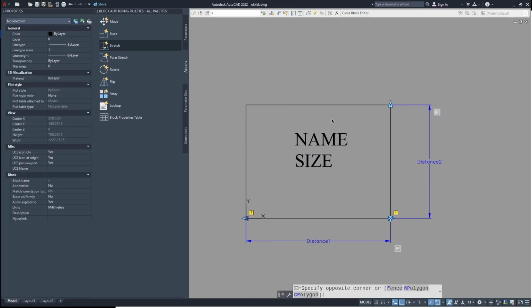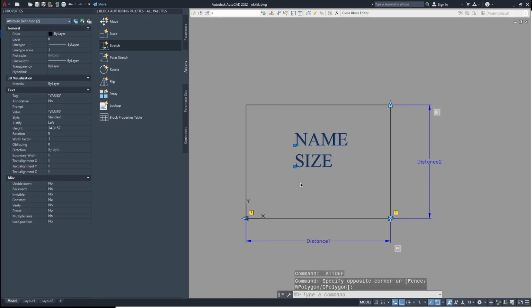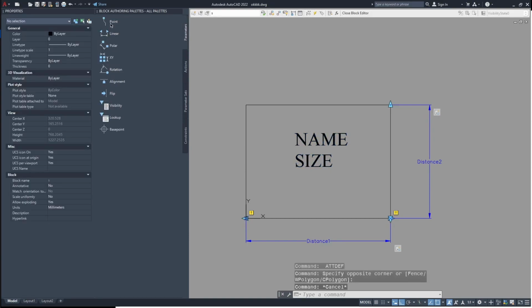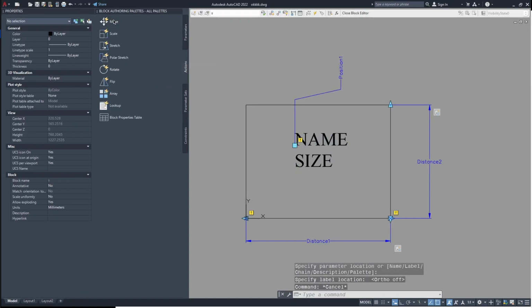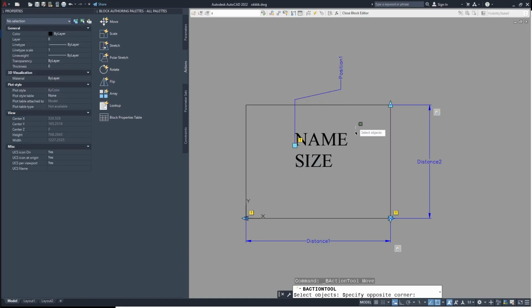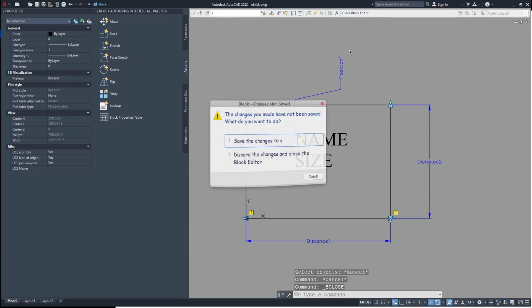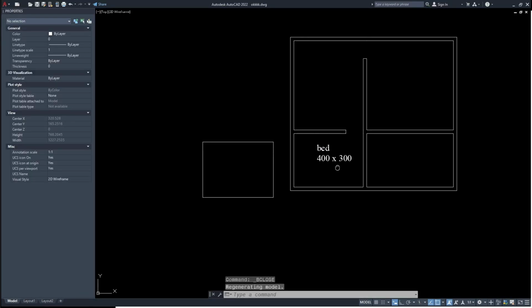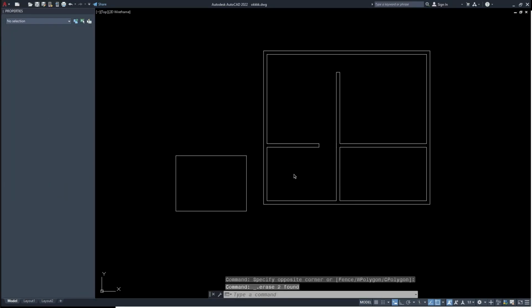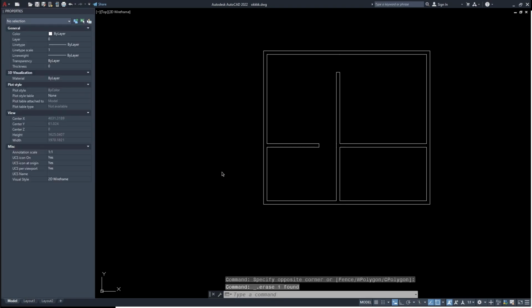Alright, that's also great. Now I'd like to move the position of this attribute anywhere on the model space. For that, I would like to insert a point parameter, maybe fix any position for this point, and I'd like to move it and pick up the objects, and that's it. Now if you're trying to close the block editor, save the changes, and this one is the normal text, and if I'm trying to insert this block,